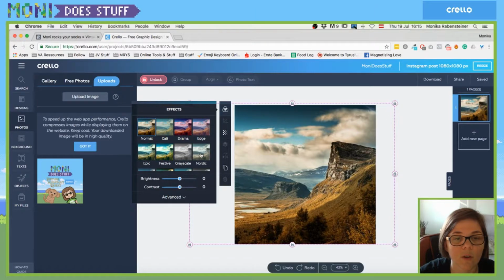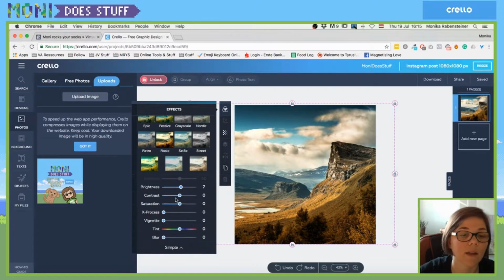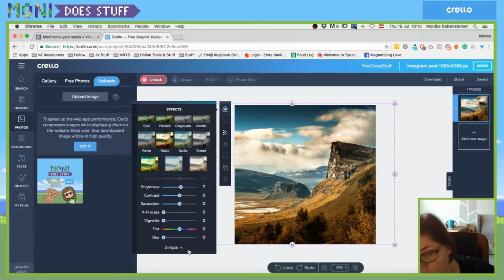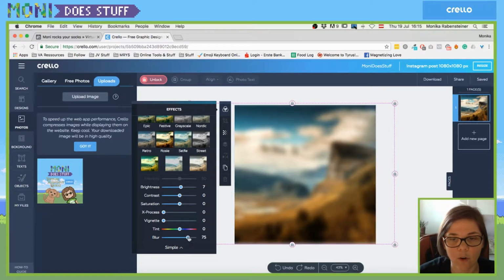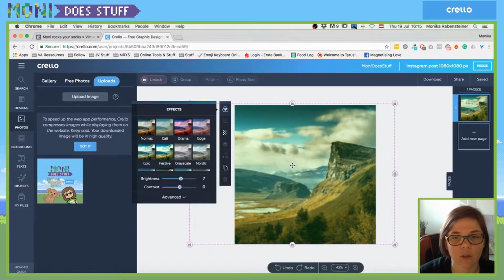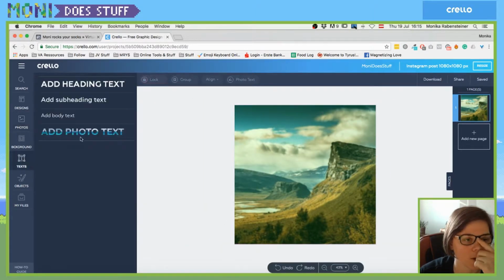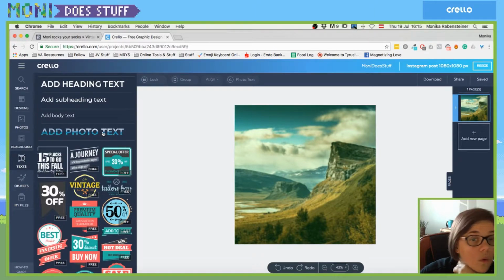What you can still do though, once you select it, you can change the effects. That's pretty neat though. What it does here, that you can do that. You can also do that in Canva, but it's like the first thing in your face there, which is pretty cool. And advanced, same thing. Sorry, my mic is in the way, so I can't see it. You can blur it more, for example, and change the color tint and stuff like that. So that's actually pretty cool. But as I said, we have it locked now, and I want to add a, ooh, this is